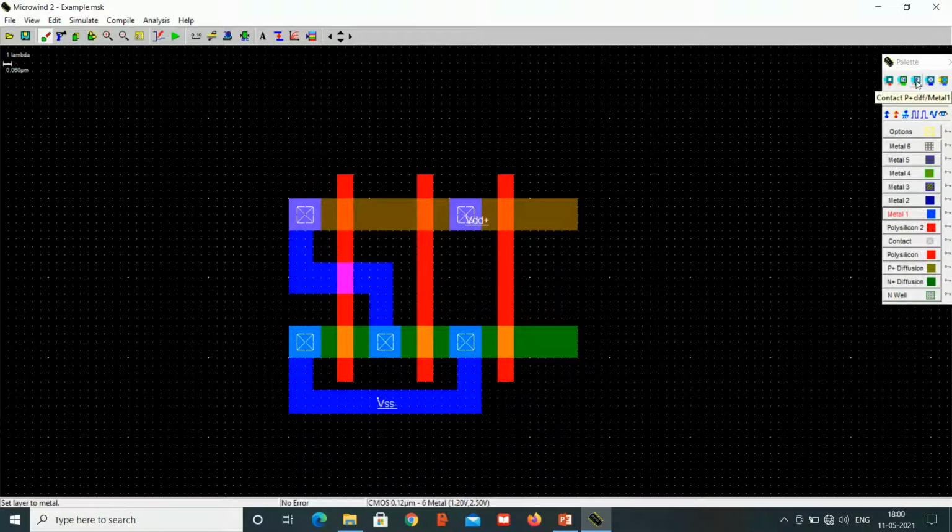Before selecting a metal, we place the P contact for P plus diffusion and N contact for N plus diffusion. Now select a metal with a width of 4 lambda, and it should occupy an area of 3 lambda.